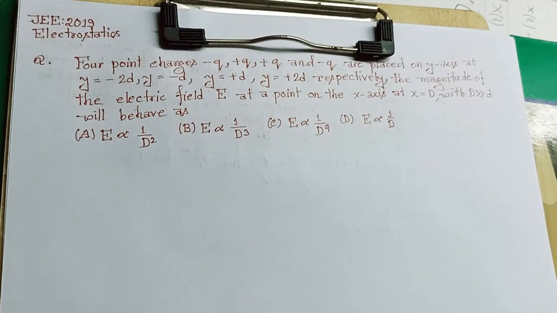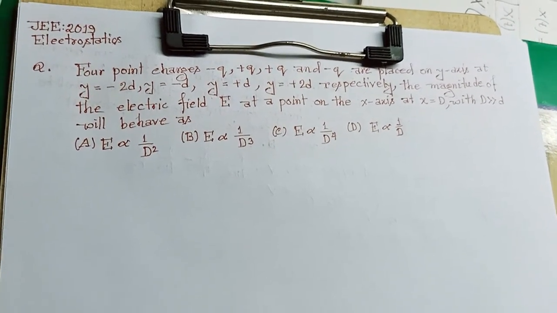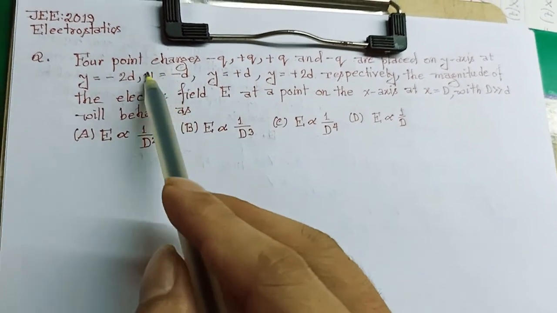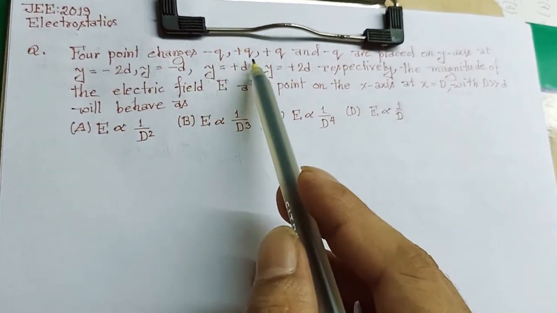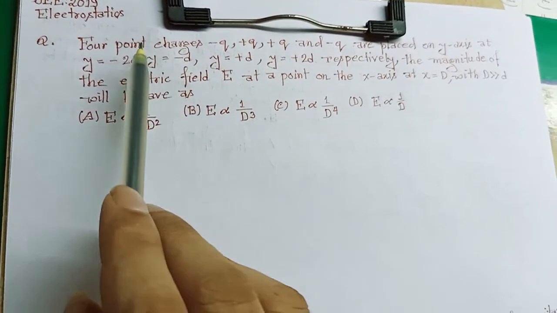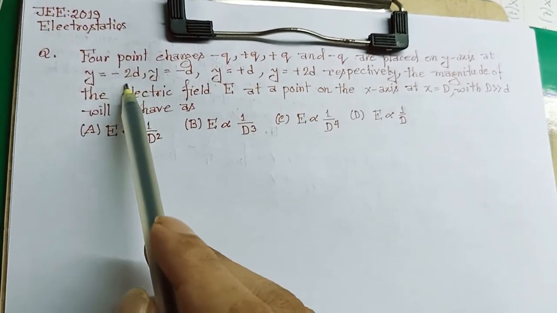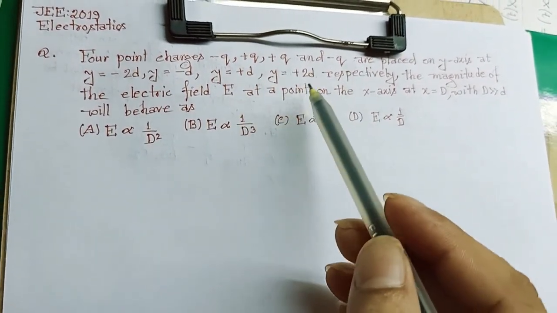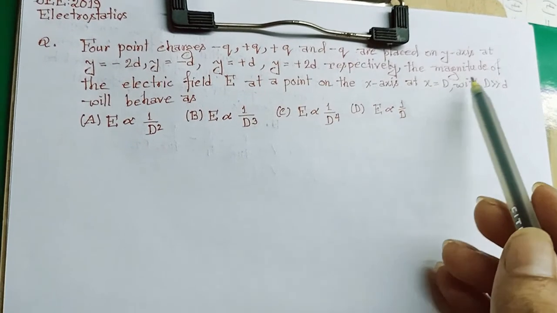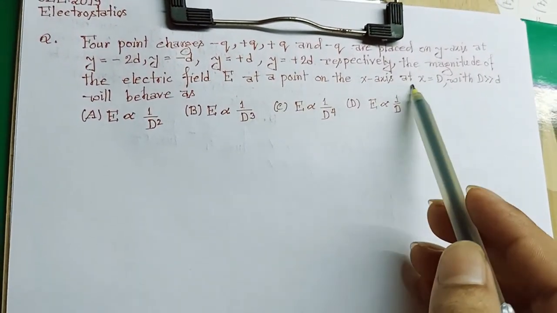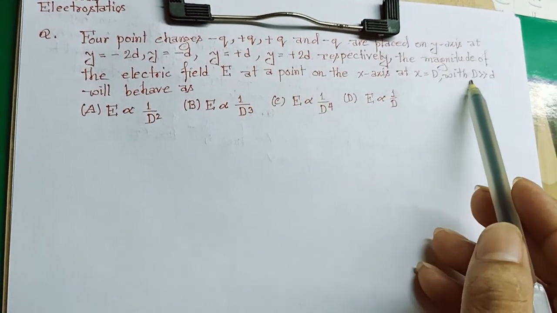Here is a question from JEE 2019 from electrostatics. In this question it is given that 4 point charges -q, +q, +q and -q are placed on the y-axis at y equal to -2d, y equal to -d, y equal to +d and y equal to +2d respectively. The magnitude of the electric field E at a point on the x-axis at x equal to D, with D much greater than d, will behave as,